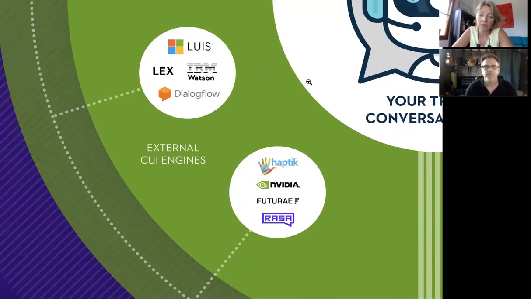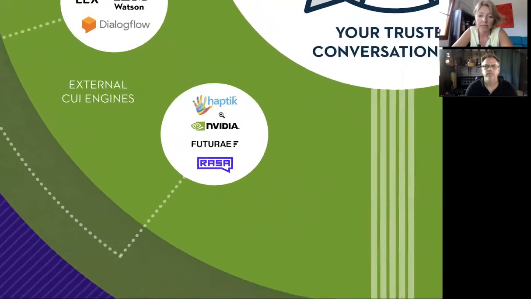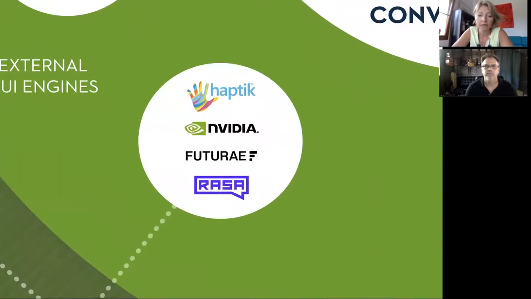But I also see the open source NLP engine Rasa there, so I don't have to rely on the big five. I can also use other external resources, right? That's absolutely correct. We do support plugging in different,